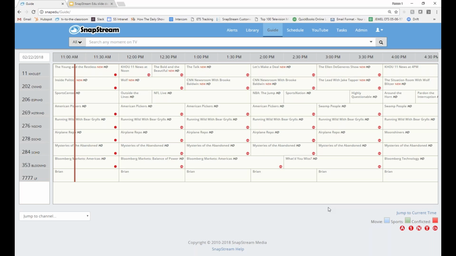From this view, you can watch content live, and you can also record anything that you want to if you are given rights to do so by an administrator. The red icons that you see listed indicate that things are being recorded, and in this particular case, I'm recording almost everything across the board 24/7.